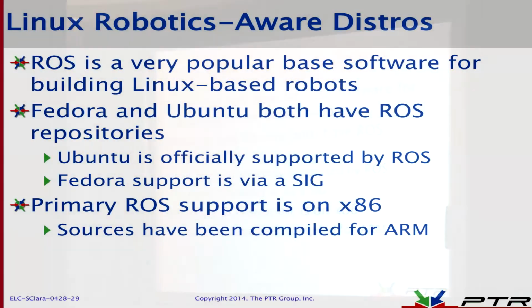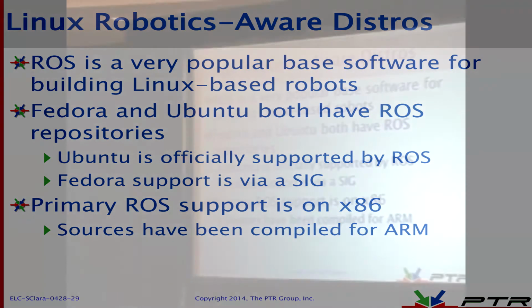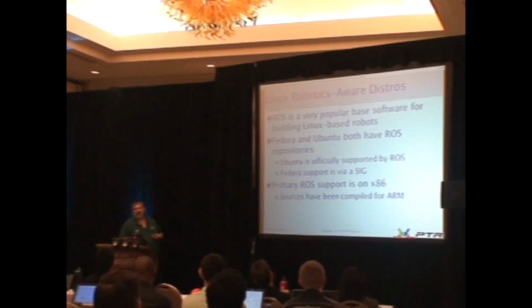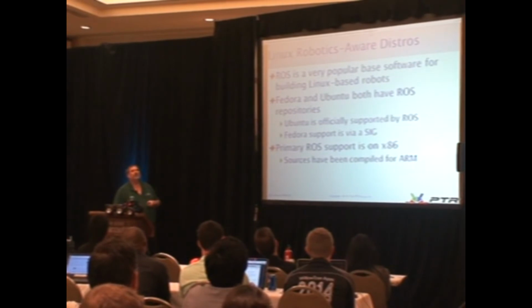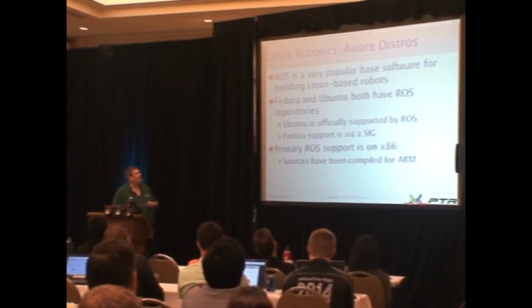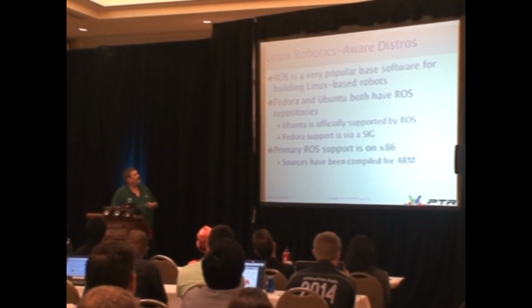ROS, of course, is probably the most popular one in the hobbyist robotics business. And it's really moving now into more professional robotics as well. So if you're going to pick one to look at, look at the Robot Operating System. It's probably the easiest one, the most attainable, most understandable of the simple-to-use robot software out there, unless you're going